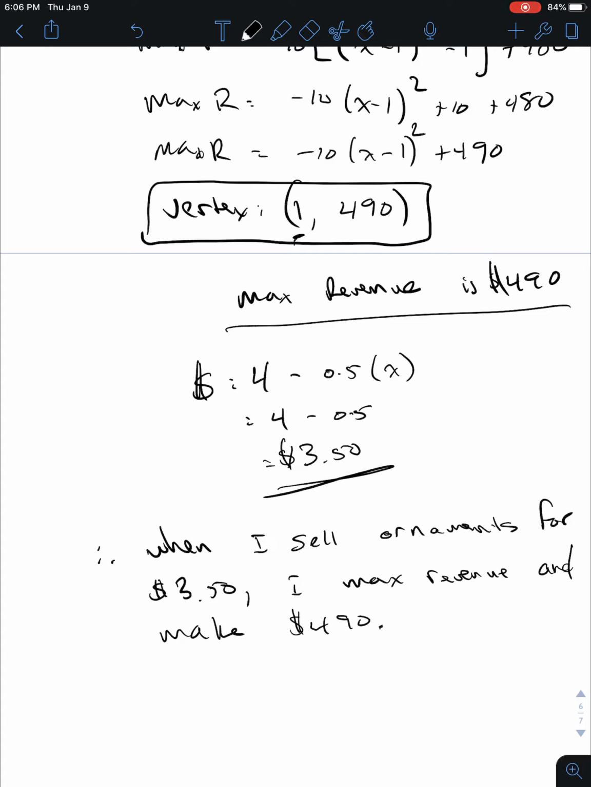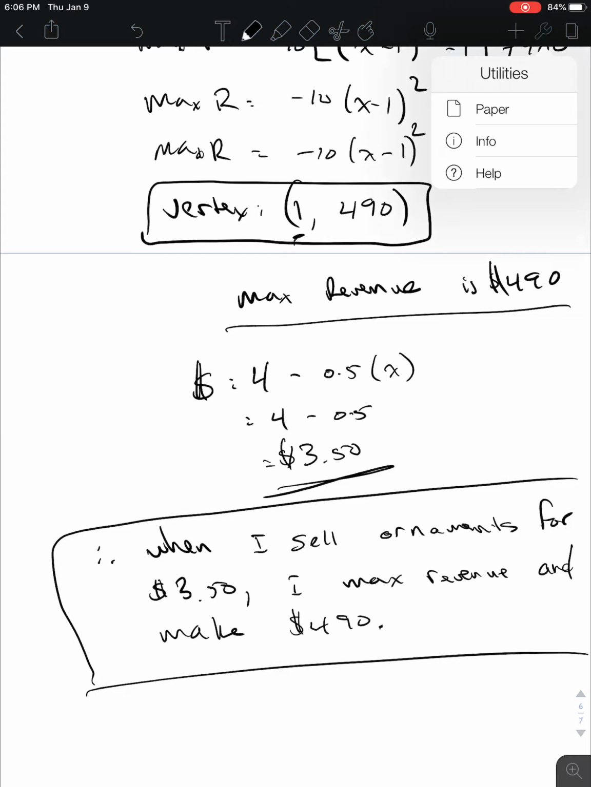Okay? So again, it just comes down, these are the same, you will see if we do